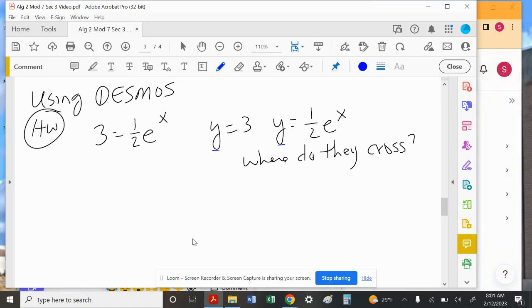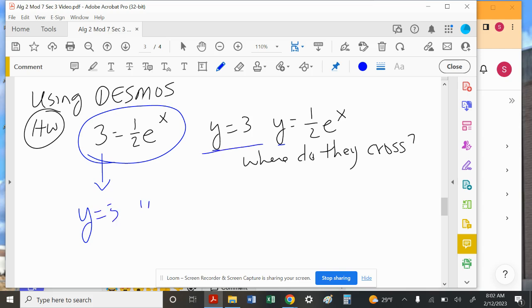Okay, let's do a little bit more work here. We're going to use Desmos to graph this, but we want to figure out how to solve this particular problem. So the way that we do it is, notice that we have this equation, 3 equals that. We're going to set y equal to both sides. So we're going to set y equal to that one, y equals 3, which is where we get this one